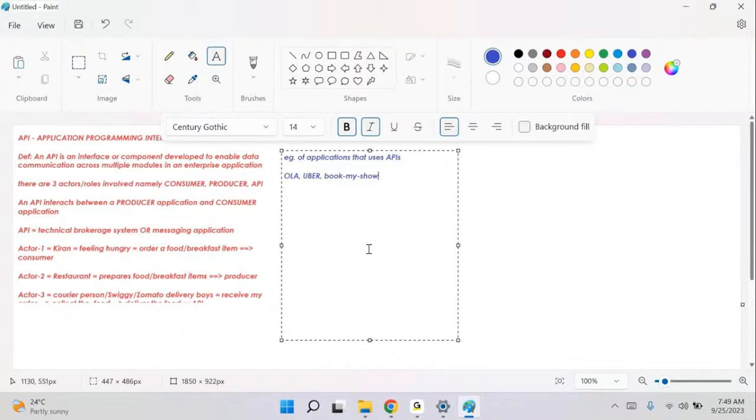All these things also involve a lot of API calls. One example I will give you. Let's say I'm watching Shah Rukh Khan's latest movie, Jawan. And I want to watch it in a movie theater called PVR Cinemas, in screen one, for the 8 p.m. IST show. And Kiran is using